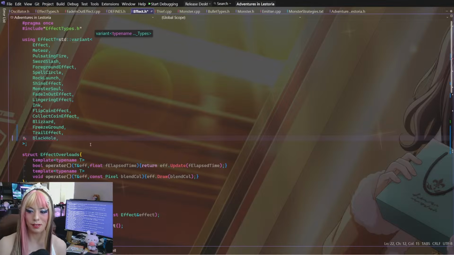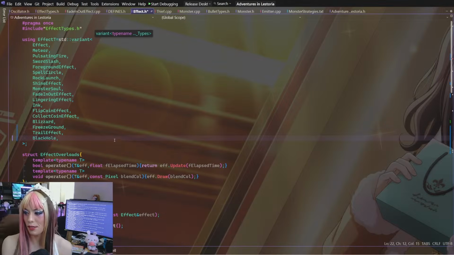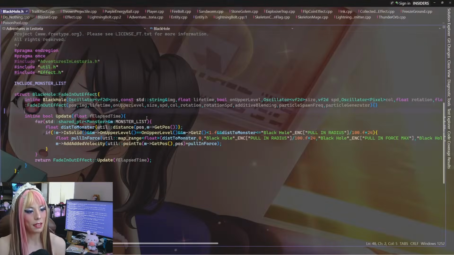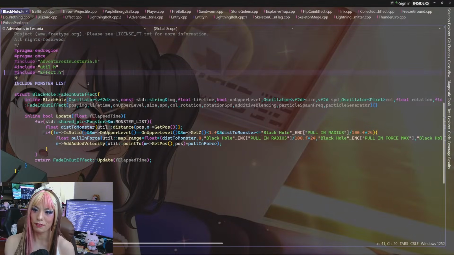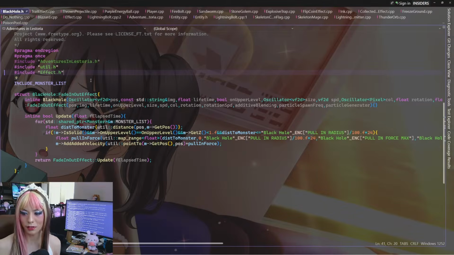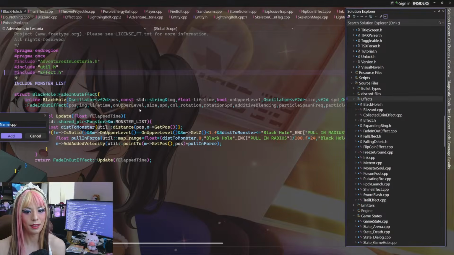And we can't forward declare it, unfortunately, because the compiler has to know in advance how large the type is. So because of that, we need to include blackhole.h in here, but if we do, blackhole.h includes effect.h, now you have a circular include problem, and that results in that. So that's why we have to do this.